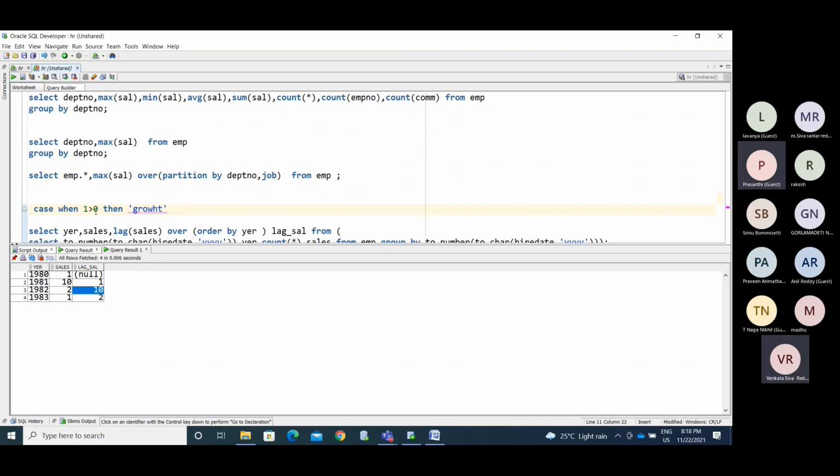So if it is like 10 less than 2, then make it, like I said, drop. Sales has dropped.